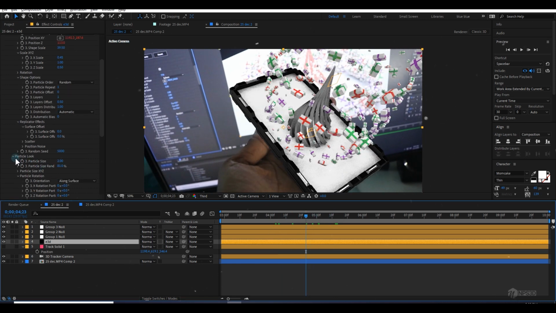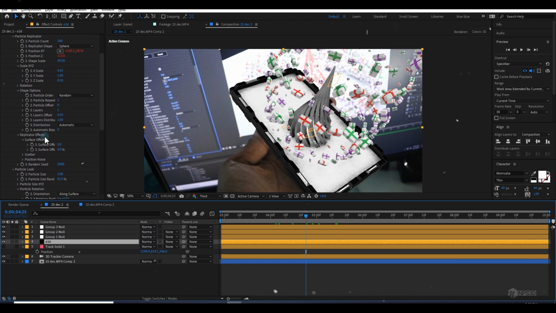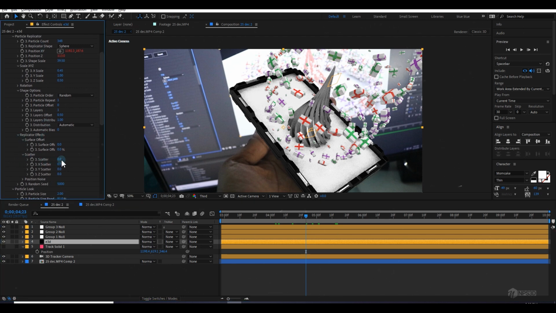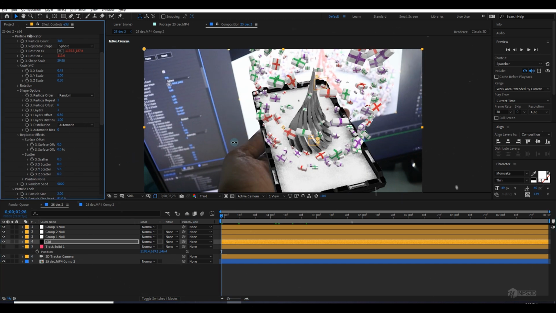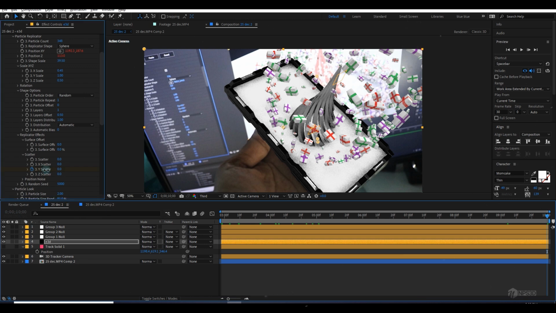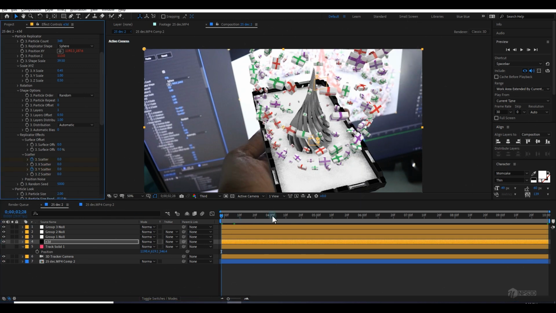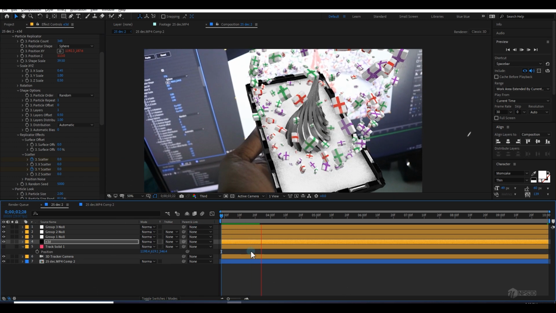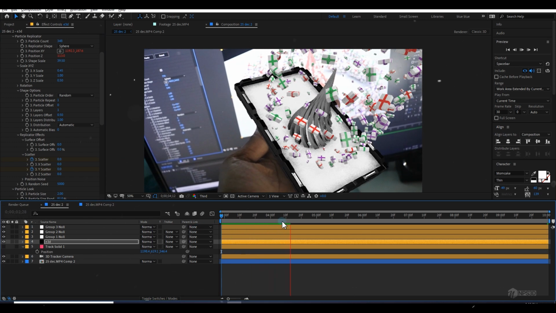And one more thing you can do is go to the particle replicator and here is an option called scatter. You can also scatter it more. So if you want to scatter in a Y direction, you can just do it. So let's suppose just like they are flying. Also I can add scatter in every direction. So this is our animation for this whole thing.